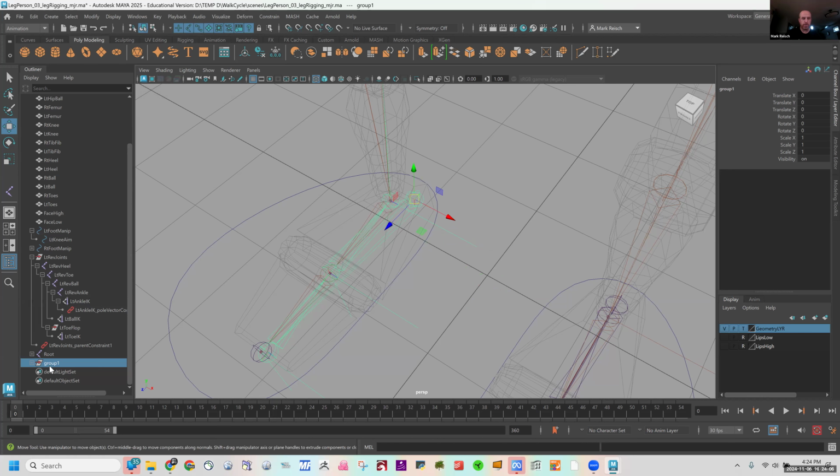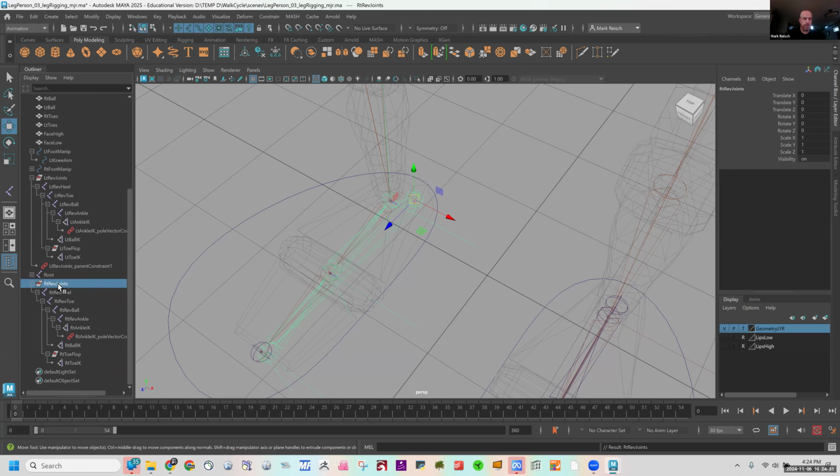So we have this group 1. We're going to rename that group 1 R T. We're going to call it right, REV, reverse joints. We did that for the left. You can see that right here. So once we have that selected, reverse joints, now what we want to do is we want to constrain that